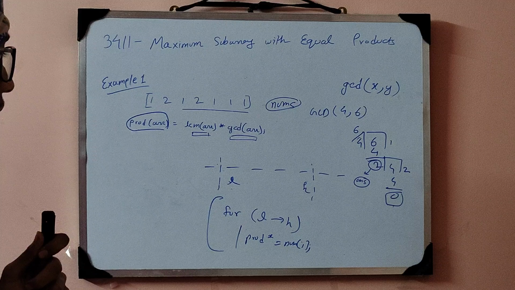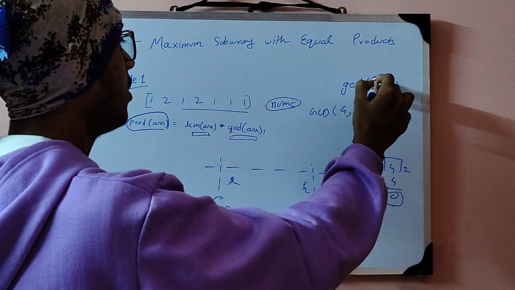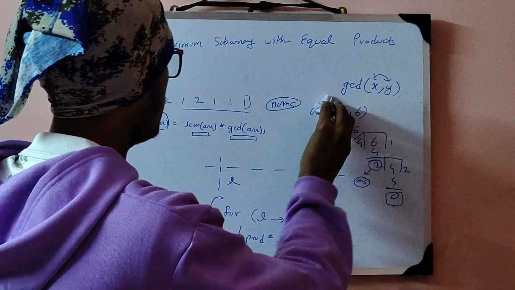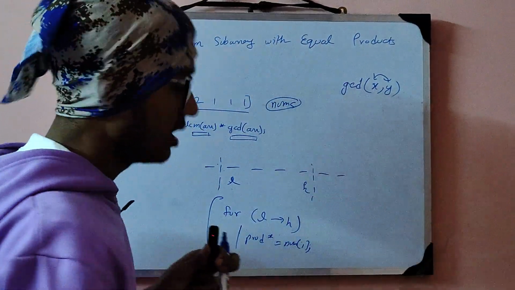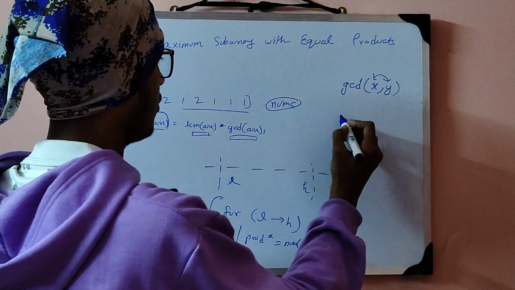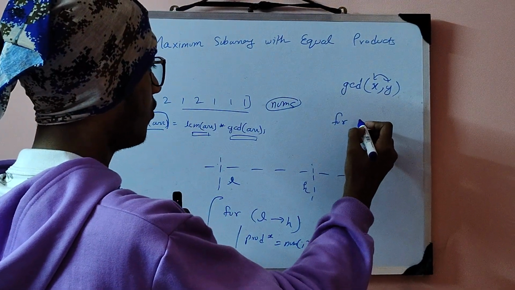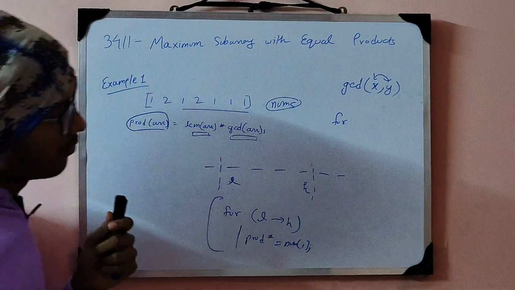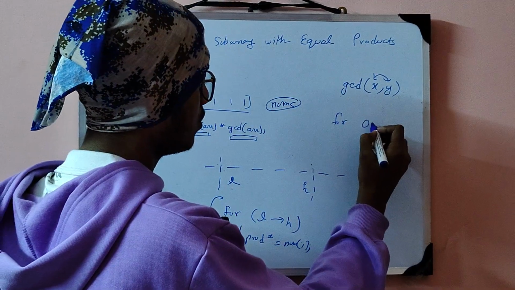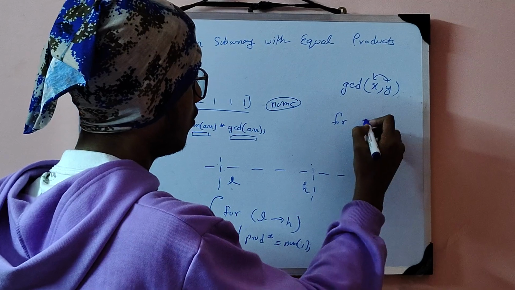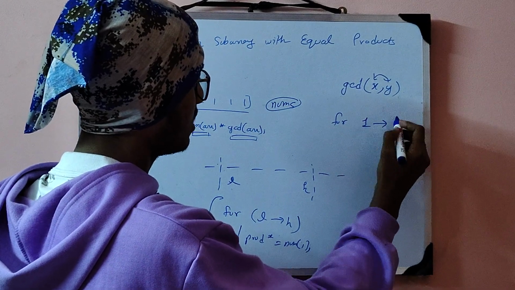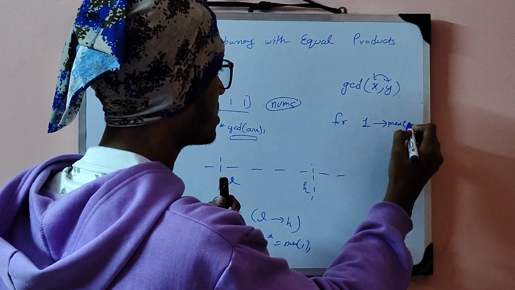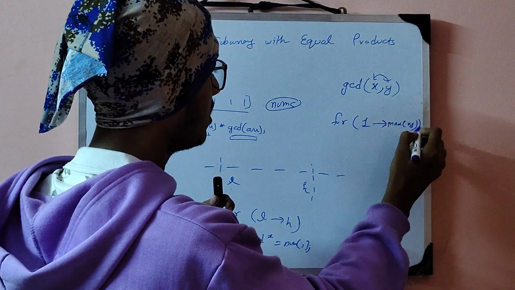How can we find the GCD of these two numbers? We can find the GCD by running a for loop from 1 to any one of them, x or y. Let's take the max of x, y. We will run a for loop,